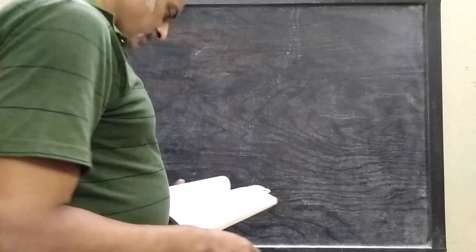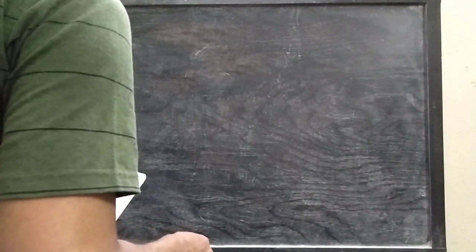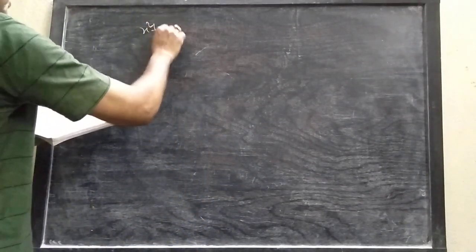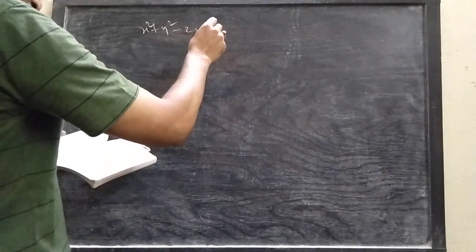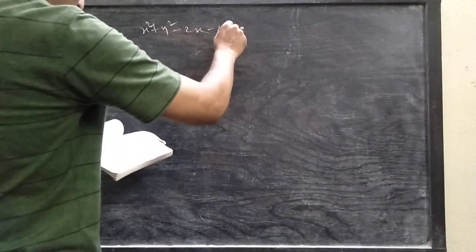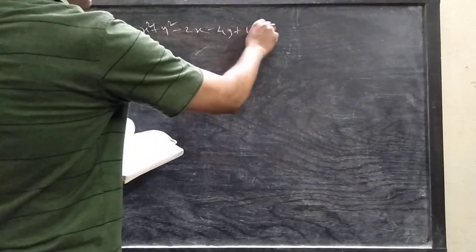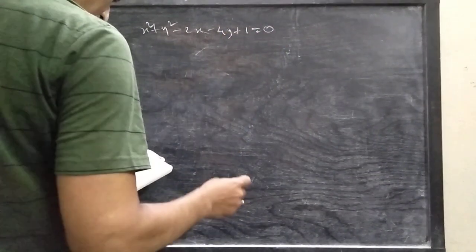So let us start with a problem which I will give you as homework. Find the equation of the circle through the common points of the circles x square plus y square minus 2x minus 4y plus 1 equals 0, and the second circle is